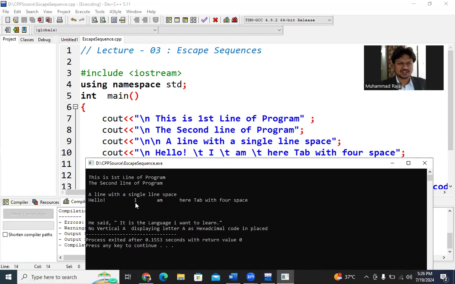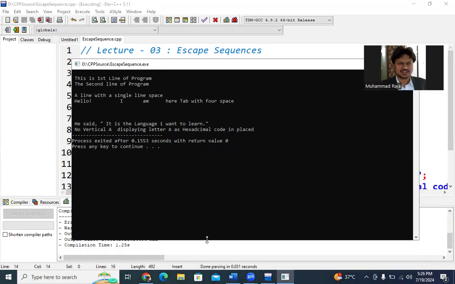Then 4 spaces, then I. Then 4 spaces, then M. Then 4 spaces, then T. And then here a tab with the 4 spaces. Similarly, if you check it out here in our screen area,